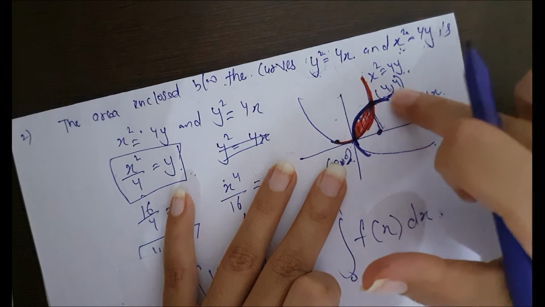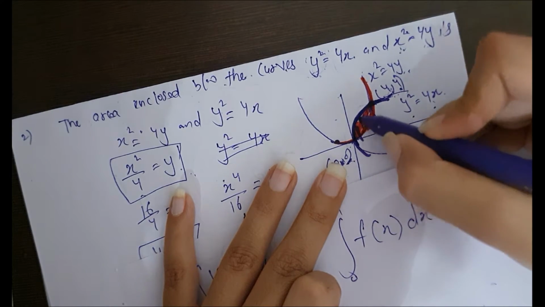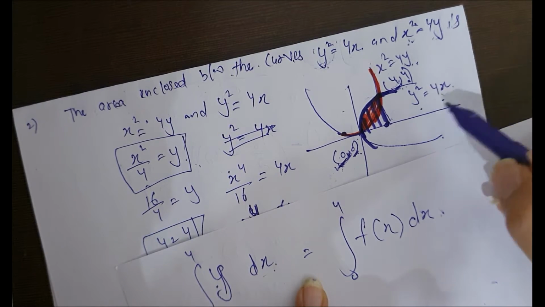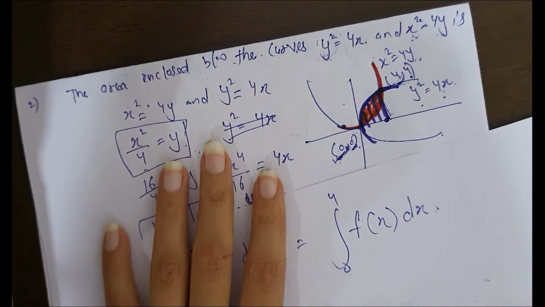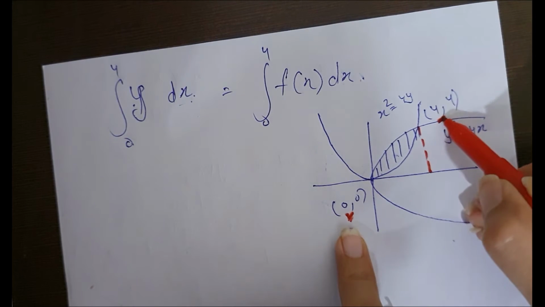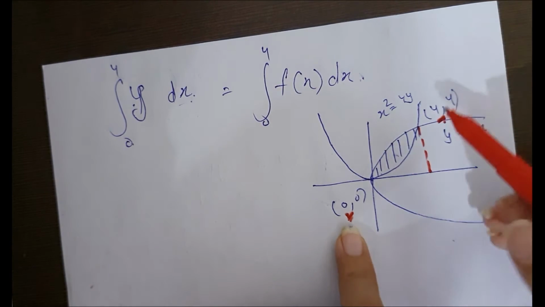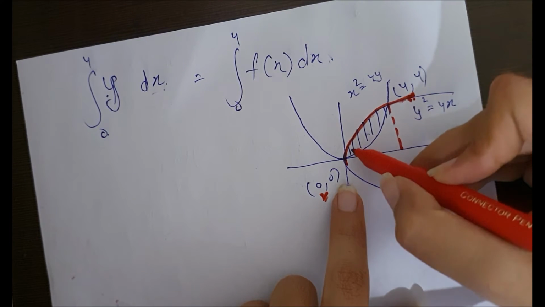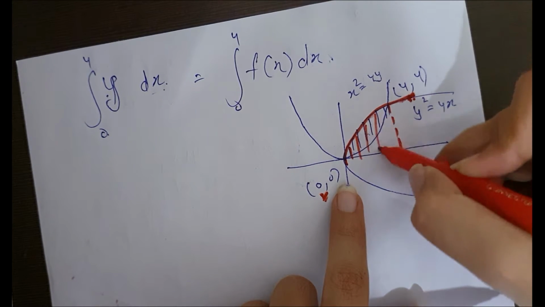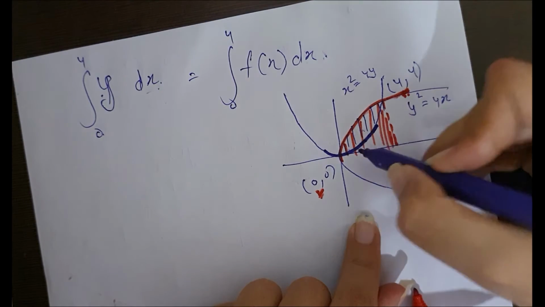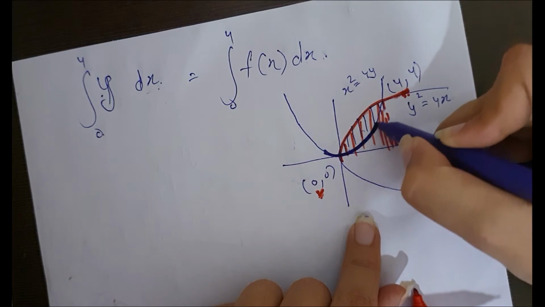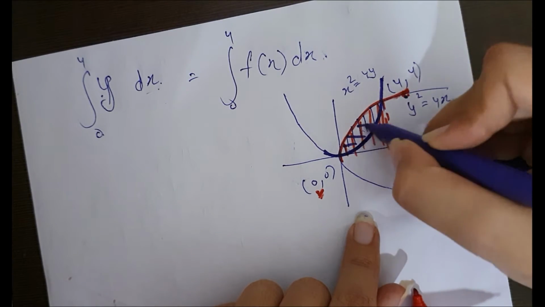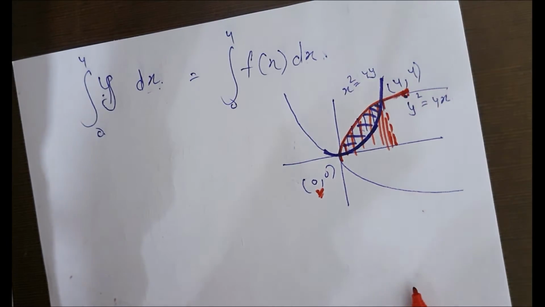If I take the equation of this area, then I will get this whole part. Y square is equal to 4x. So from here, if we are taking 0 to 4 on the x axis, then we have to put the value of y. So if I take this equation, then I will get the area of this whole part. If I subtract this equation from this equation, then I will get the area of the desired part. Then see how we do it.